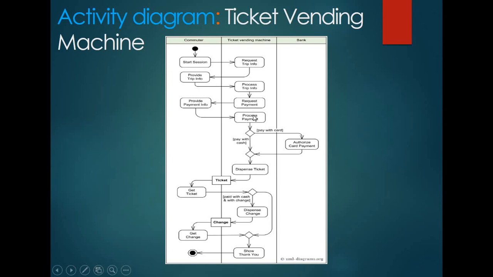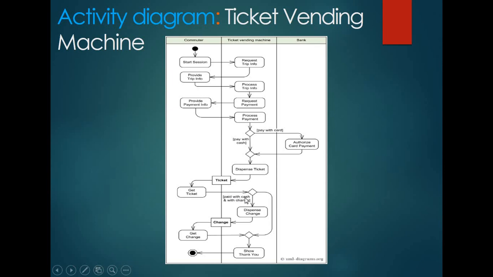In the payment information, process payment, there will be a condition: the customer wants to pay with card or the customer wants to pay with cash. If he or she wants to pay with card, then the bank will come into the picture and it will authorize the card payment. After authorizing the card payment, and also with the cash payment, the ticket will be dispensed to the customer. After getting the ticket,